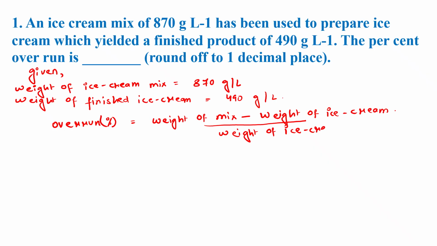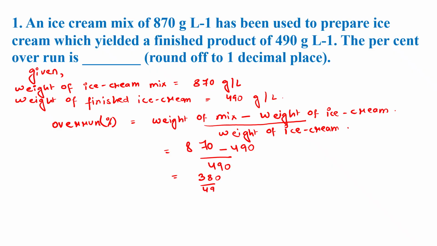So simply 870 minus 490 by 490, it is 380 divided by 490,